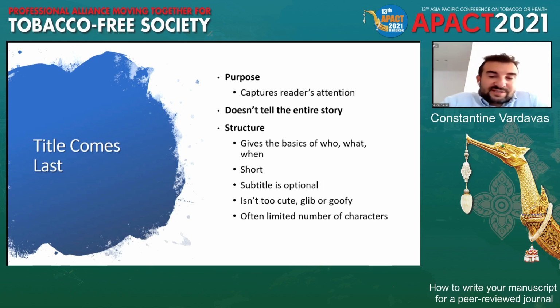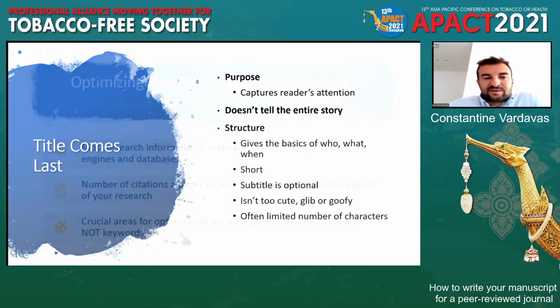Of course, there are different writing styles, but in principle, unless you're writing for a journal that is based in the UK, at least that's my personal experience. I've seen journals like the Lancet or BMJ, especially BMJ, have a more poetic, more British writing, more detailed English than, for instance, journals that are more international or US, where the writing is more straightforward. So you don't want to have funny things in the title. The title should be straightforward but informative.